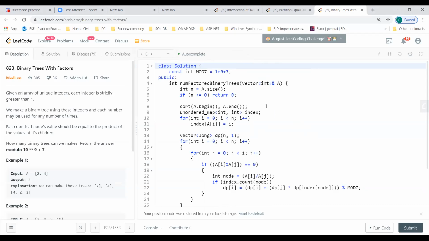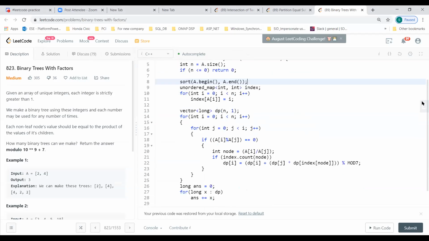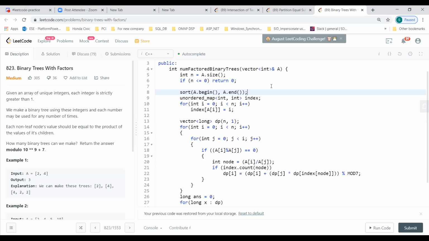Yeah, but what you say, we can check that also. I hope so. If this is the same thing you are also talking about, maybe there are some changes we can actually modify and see if it works. So here I'm sorting this array. Then I'm using this unordered map as an index, and I'm actually storing the value of that input array with its indexes.